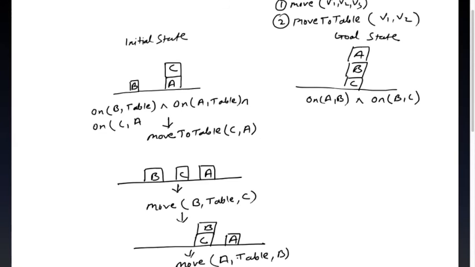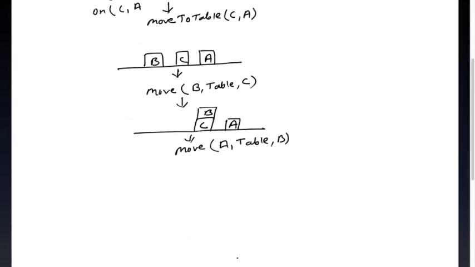So after doing that, it will look like this. So C will be there previously, then B is there, and now I am putting A onto B. Now when I do that, I'll see that this is my goal state,